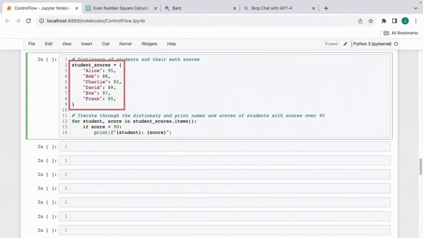The code on lines 2 through 9 initializes the dictionary with 6 different students and their scores in math. There is the for loop on line 12. Notice that I access student scores dot items. The dot items function in a dictionary will give me all of the entries in that dictionary as a list of tuples. And then I access the student as well as the score for that student in the for loop